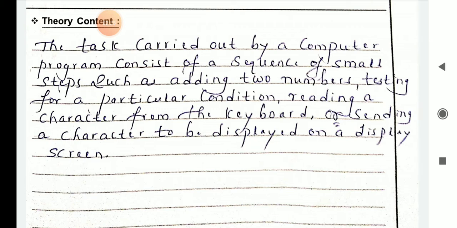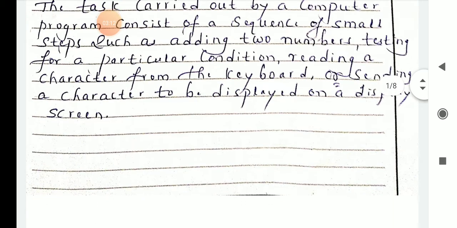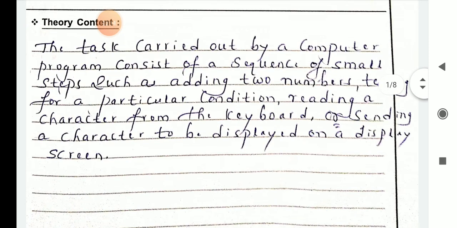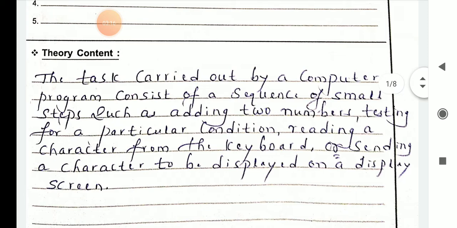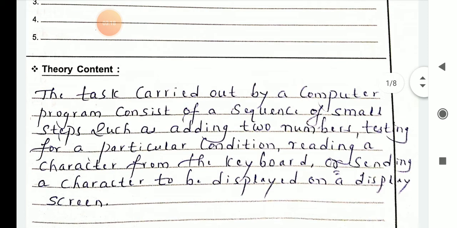Then you can read the input from the keyboard, and the final result of the addition will be displayed on your screen. You can read, or send a character to be displayed on the screen. So this is the instruction you have to give in a computer program.